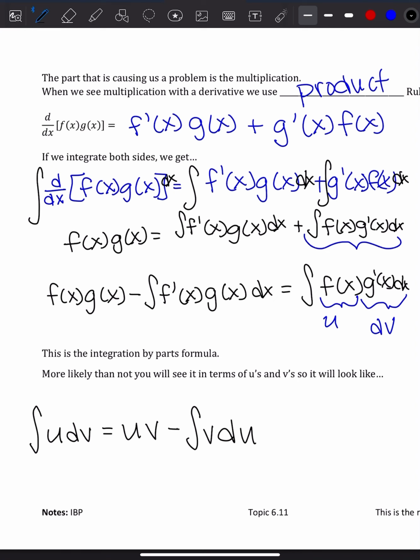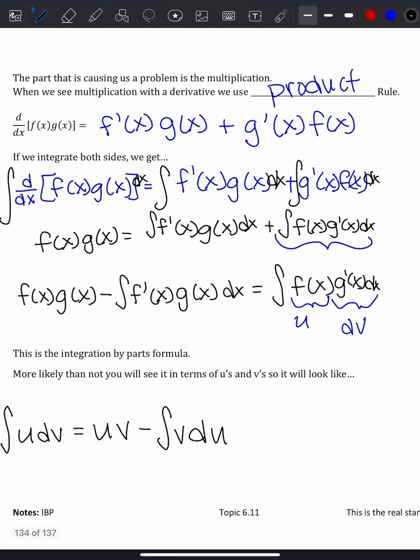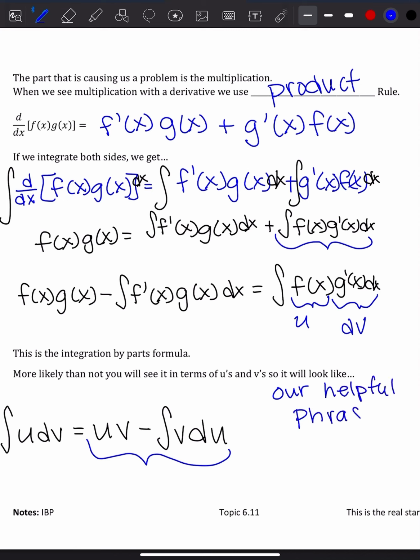One of the things that we have right here is a way to remember what we have together: a phrase that we can use for this side of our formula. And our helpful phrase is going to be ultraviolet voodoo. And yes, we spelled voodoo wrong here. So this comes from